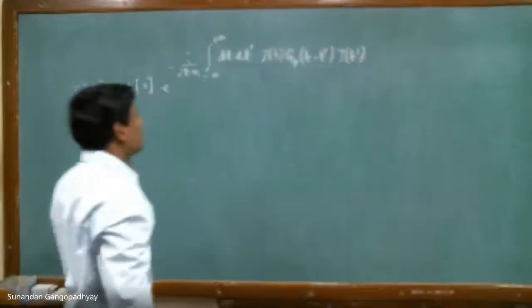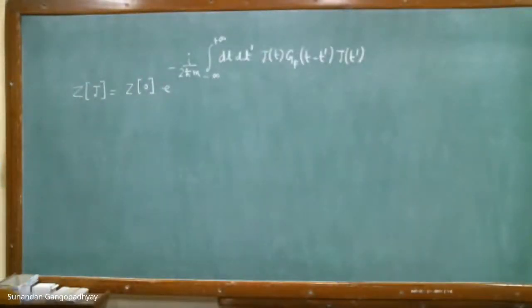So this was the expression for the generating functional in the presence of an external source J for a